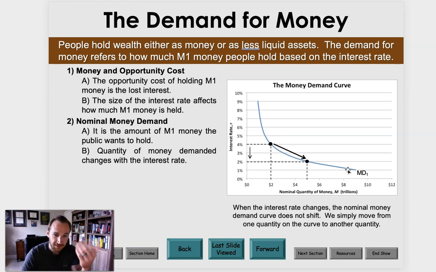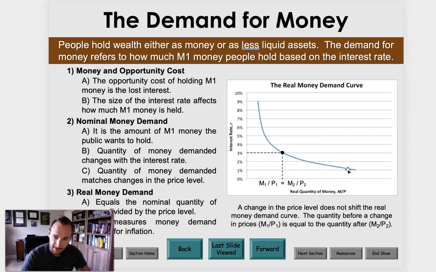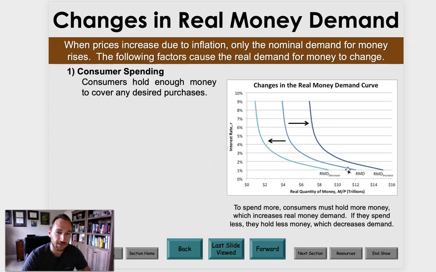Now, of course, these changes are reciprocal of one another. If you lower the interest rate, you're going to see more money pushed out. And of course, when you raise the interest rate, you're going to see more money taken back and put into savings and things like that. You can calculate this with real money demand. It's nothing too crazy right here. I know you know how to read.